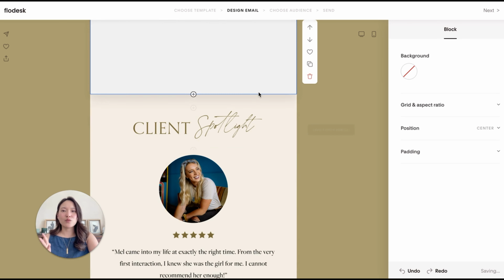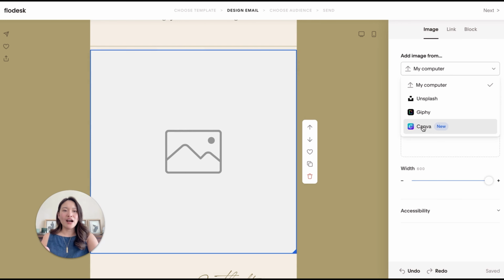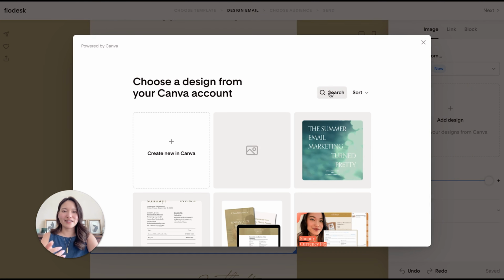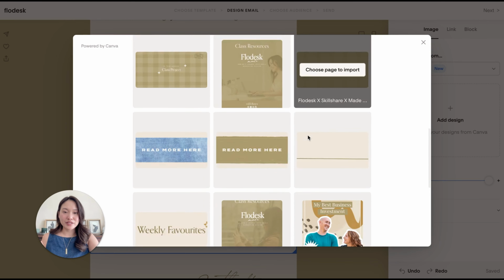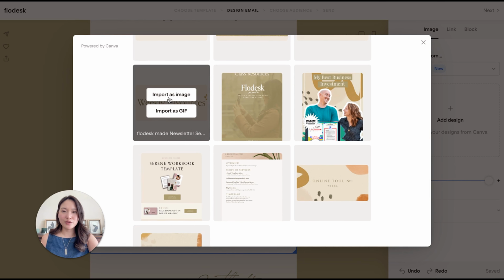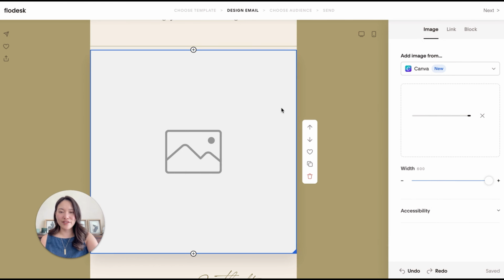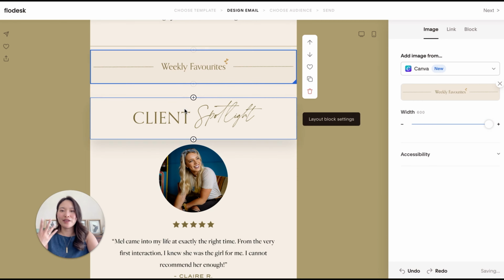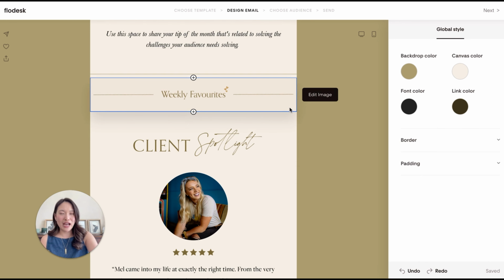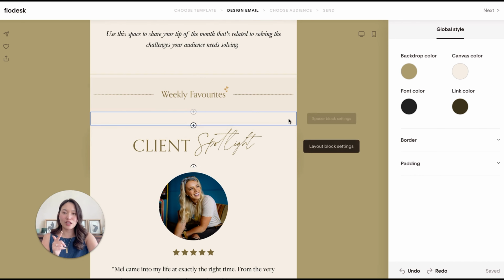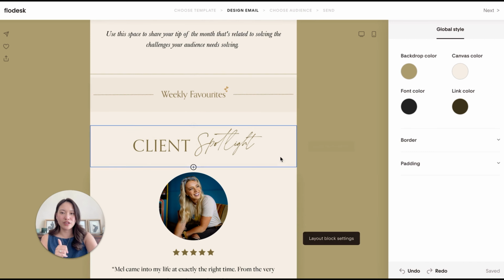So again, we are going to head into Canva. Again, I've also pre-designed this so that we can do this faster, but I'm just gonna go look for it. And there you go. So this is something that I designed on Canva, and it is my weekly favorite section. So there we go. We have a custom section divider already pre-designed, and with one click you can bring it into your emails. Again, please match the background color with the background color of your emails, and then it would kind of flow in